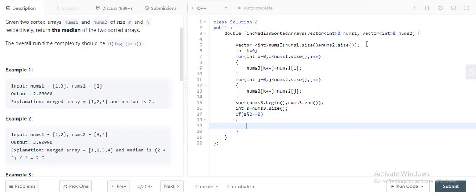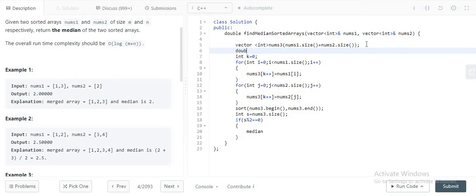If the length is even, then we have to declare a median. Median will be a double, since the median can be a decimal also.